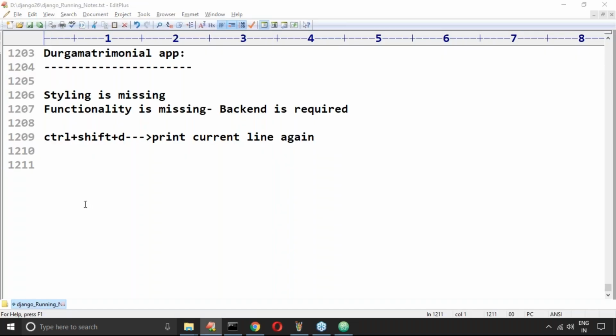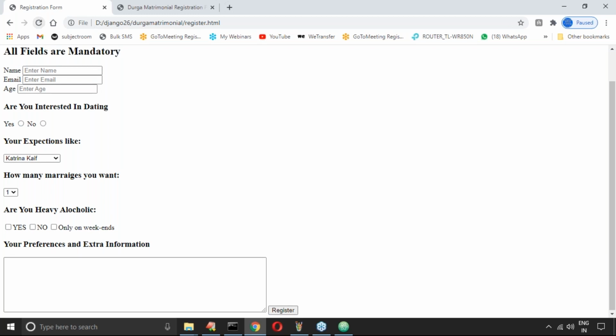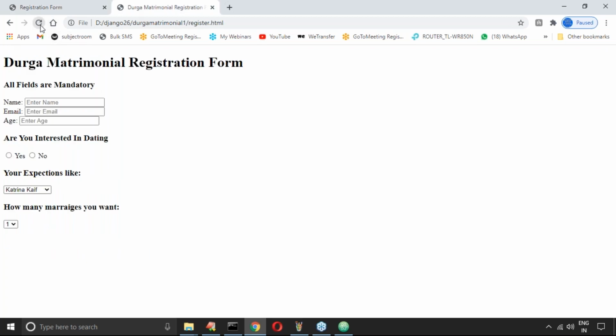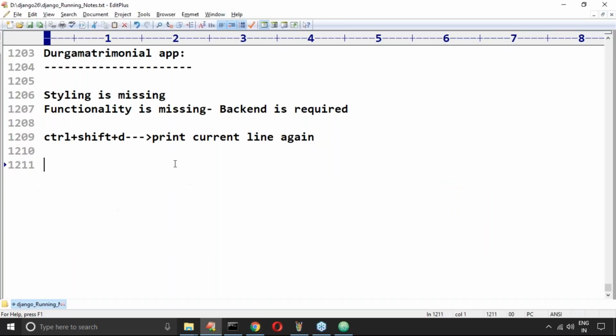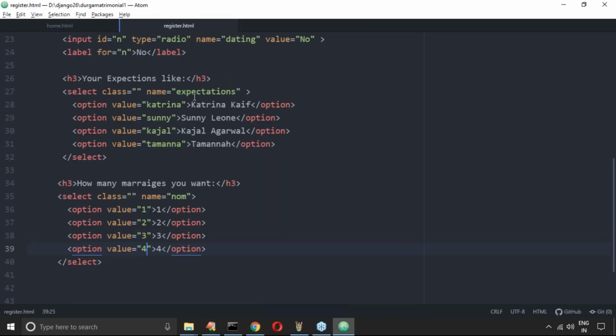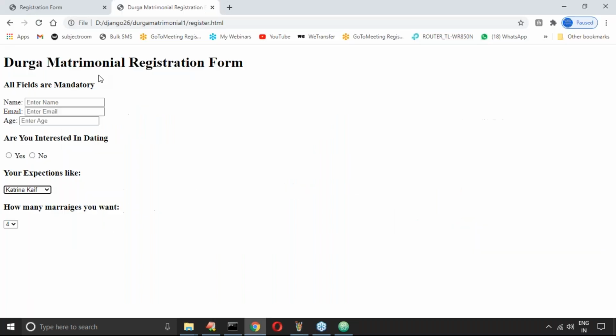Clear, right? Okay. Now here, let me take 1, 2, 3, 4 something like that. Sir, here there are two doubts. What is my doubt, sir, if I want to select multiple options, here your expectation is, okay, can I take multiple? Then what will happen if I select multiple?